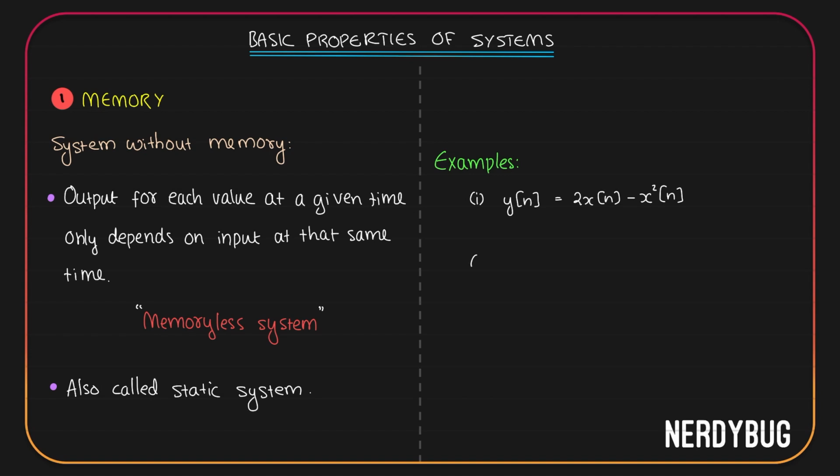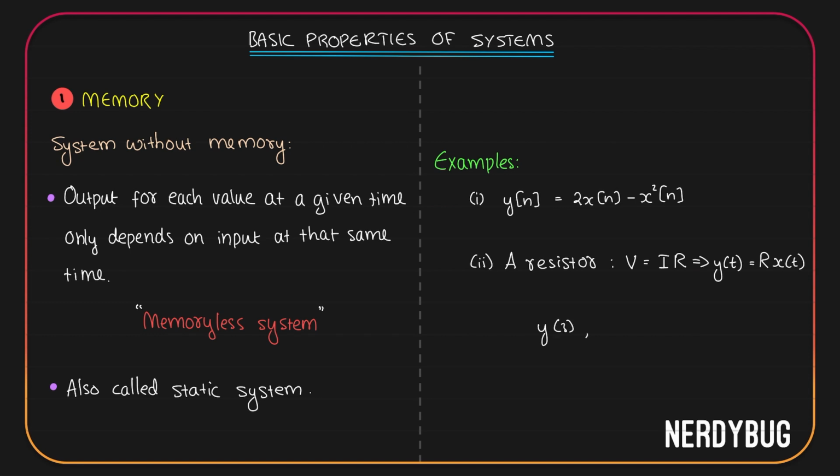Let's take another example. I'll take a resistor. How is a resistor a memoryless system? According to Ohm's law, voltage across the resistor is current through the resistor multiplied by the resistance. Let us take voltage as the output and I as the input. So I can write this as y of t is equal to a constant R multiplied by x of t, the input. Now again imagine you want to find out the voltage at t equals 3 seconds. That is, you want to find out y of 3.